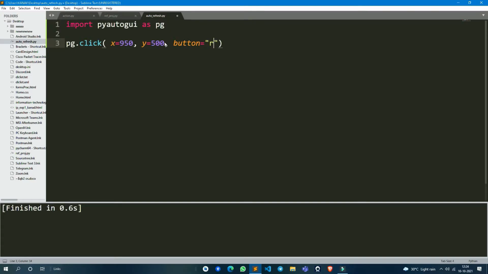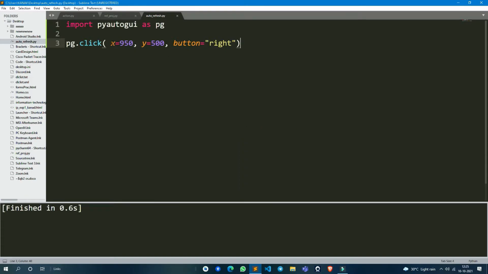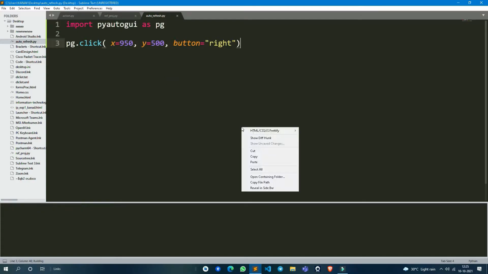Type it: right means at these coordinates click using the right mouse button. So I'm running the script. Button equal to right means right mouse button. See, I'm running the script. Seen that? It right clicked here at my coordinates. I'm again running the script.